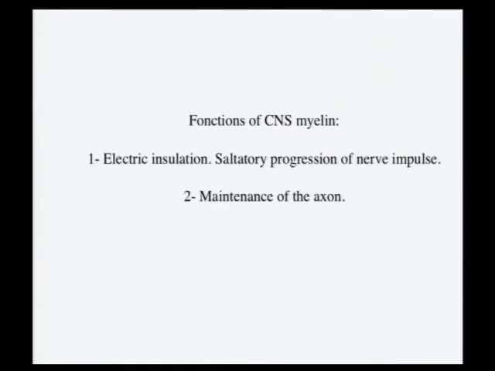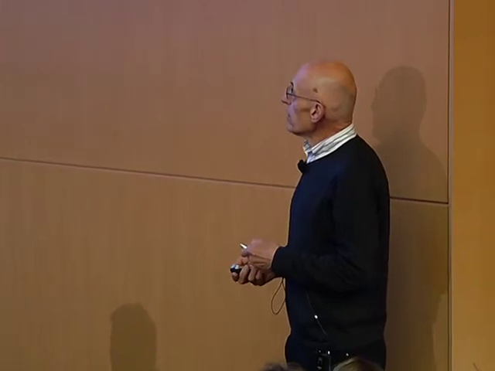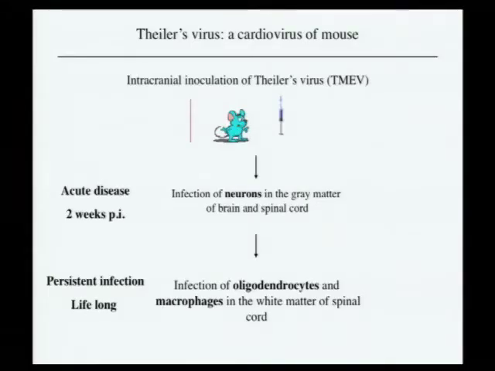If the myelin suffers from mutations, for example, which disrupt some of the myelin protein or other causes, very often the myelin may persist as a structure, but the axon will degenerate. And this is the case, for example, in several human diseases, such as some of the Charcot-Marie-Tooth genetic disease. I won't elaborate on all of that because of the interest of time, and I will come straight to Theiler's